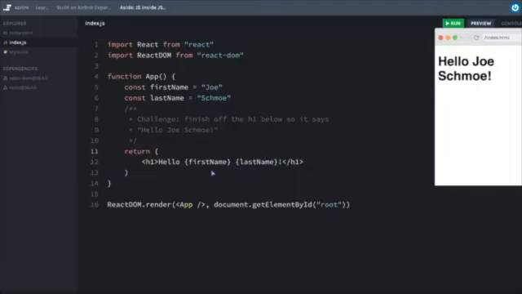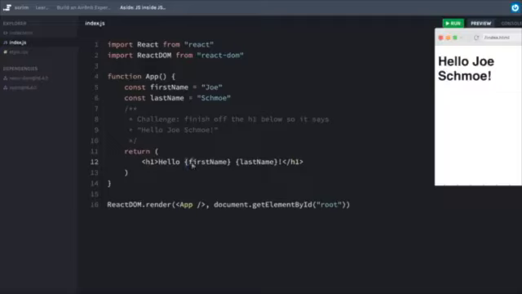Hello, Joe Schmo. The way I like to think of this is that as soon as I start seeing JSX, the interpreter sort of goes into JSX mode. Anything after this greater than symbol is going to start being considered the text content, or in the case of having nested elements, other JSX elements, and we're currently in what you could call JSX land. However, as soon as we see this opening curly brace, we switch back into our JavaScript mode or JavaScript land,